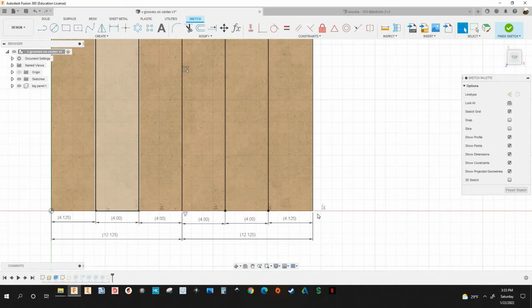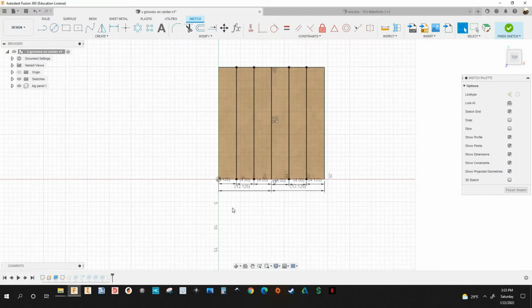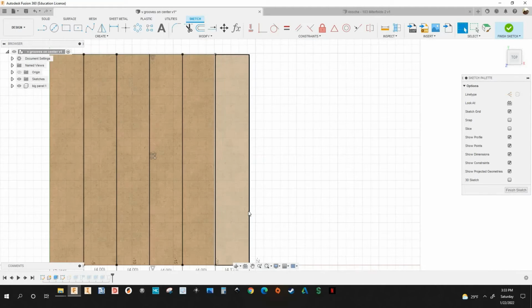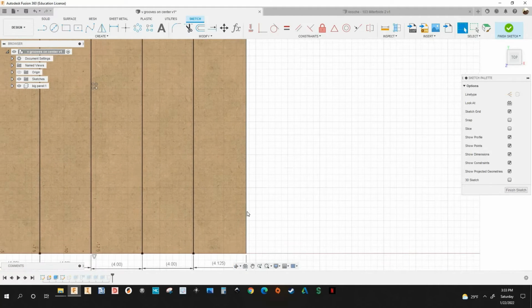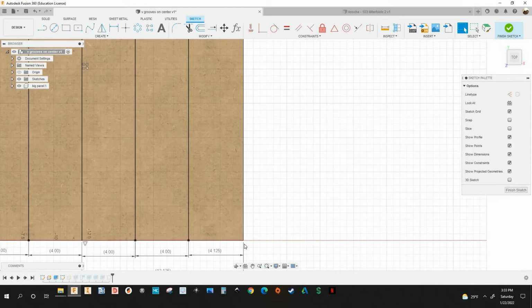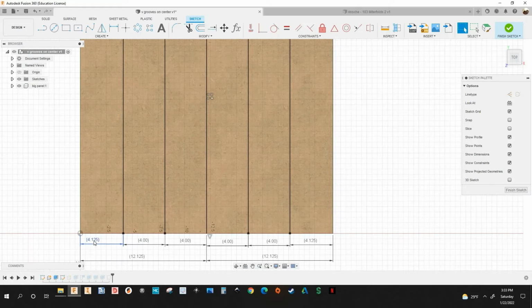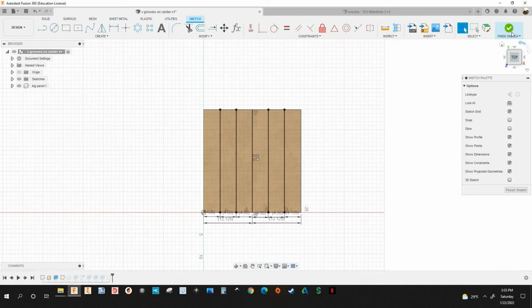4 inches in between. So the first dimension was 4 and 1/8 because this panel was going to go into a groove which is 1/8 deep, and after that was going to be 4 inches. Same here, and then everything else was going to be 4 inches. All right, so I'm going to finish sketch,